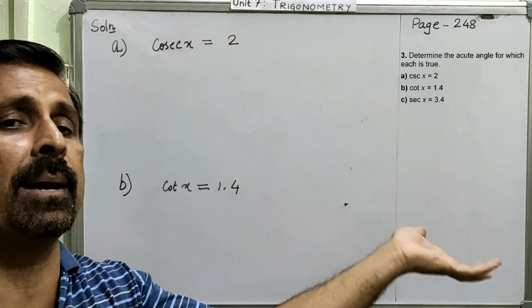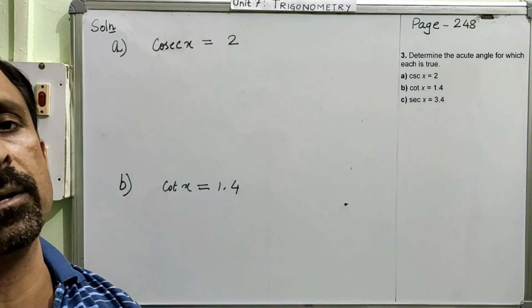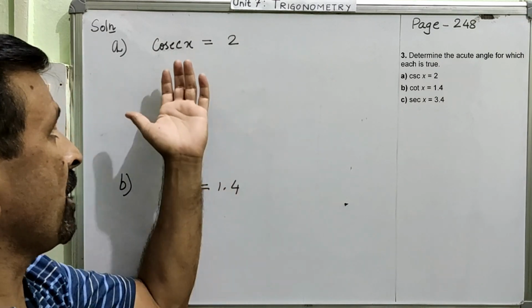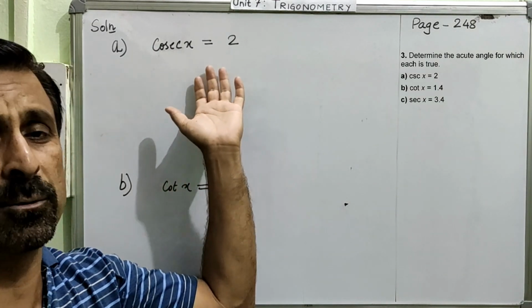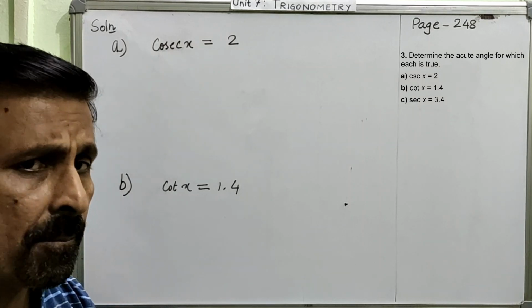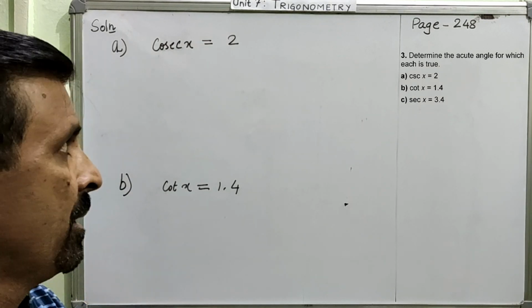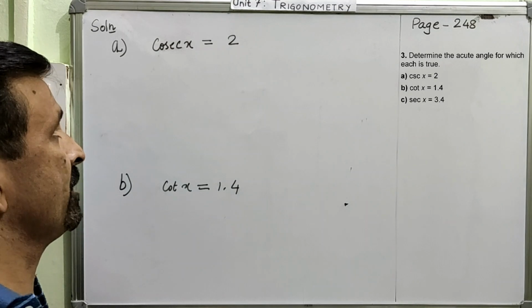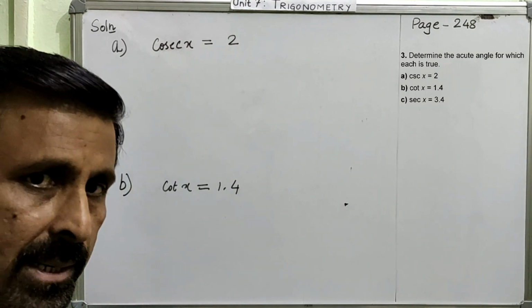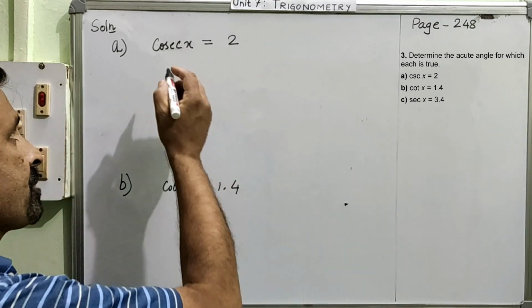by converting them into fundamental trigonometrical ratios. Once you have converted these reciprocals into fundamental trigonometrical ratios, then we can do it very easily, right? So I will show you how we can do this by converting this into fundamental trigonometrical ratios.